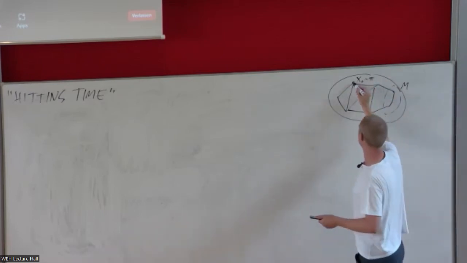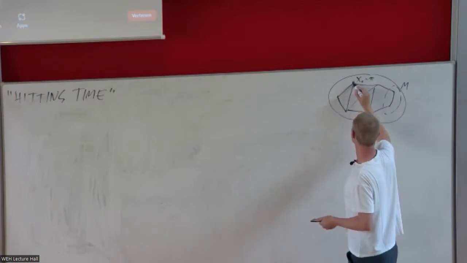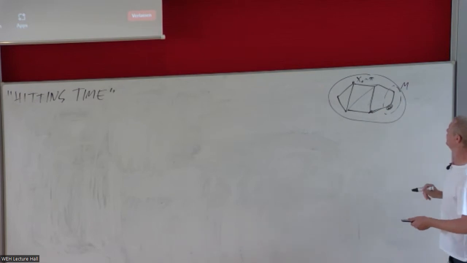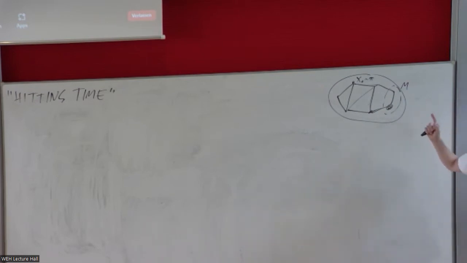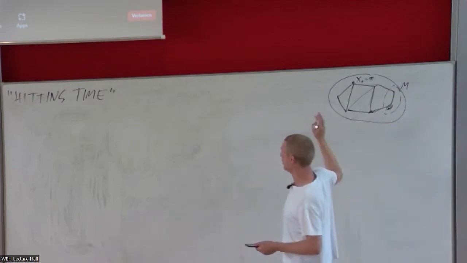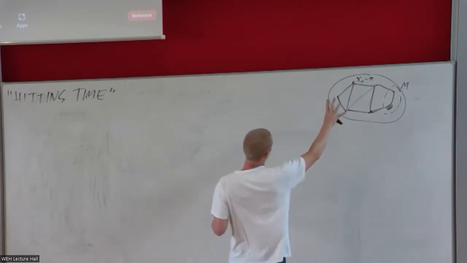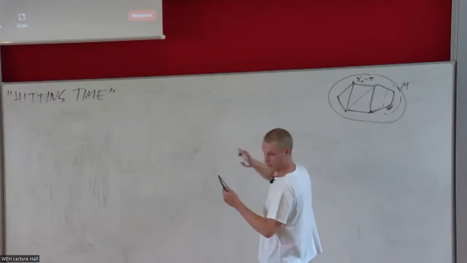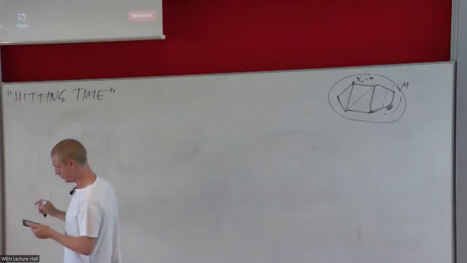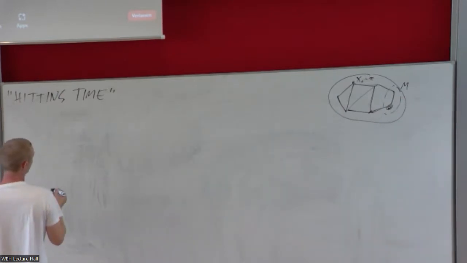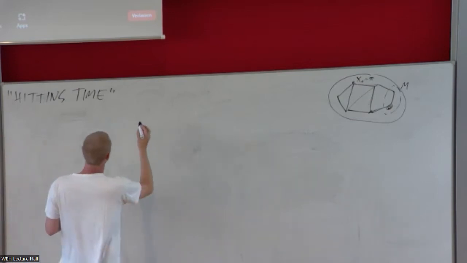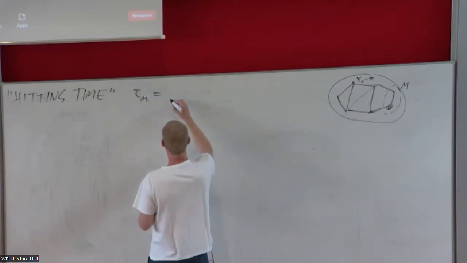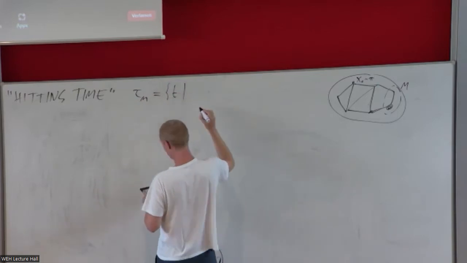Then we jump around on this graph, and we ask: what is the time that we hit this set? When we hit it, we stop. So you're going from the stationary distribution, which is all around, to a small set. So it's dual to that picture. Then we can define this hitting time tau_M as a random variable, and it equals the smallest